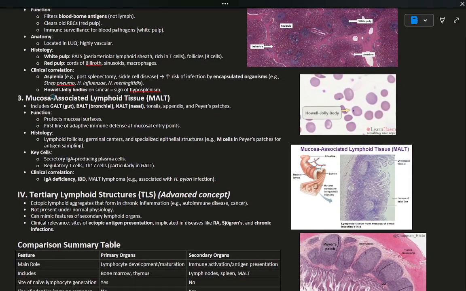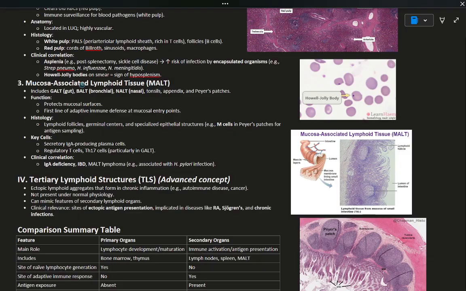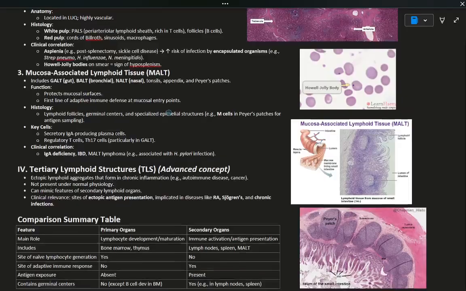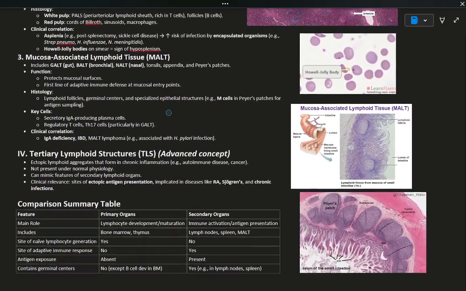Okay, let's move on to the mucosa-associated lymphoid tissue, also known as MALT. So the mucosa-associated lymphoid tissue can also include GALT, or gut-associated lymphoid tissues, BALT, or bronchial-associated lymphoid tissue, or NALT, or nasal-associated lymphoid tissues. They can also include tonsils, appendix, and Peyer's patches in the ileum of the small intestine. Overall, the functions of these tissues is to protect